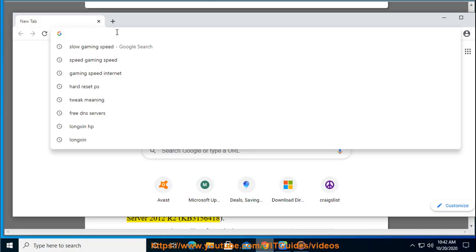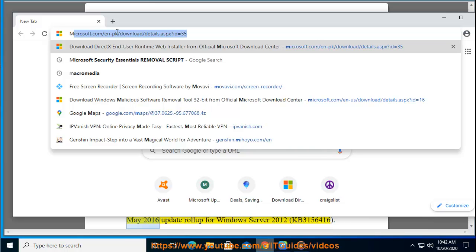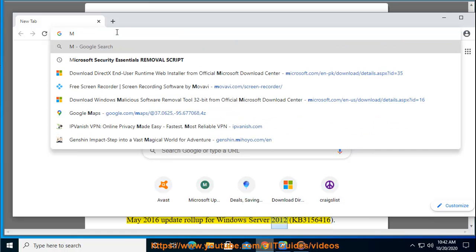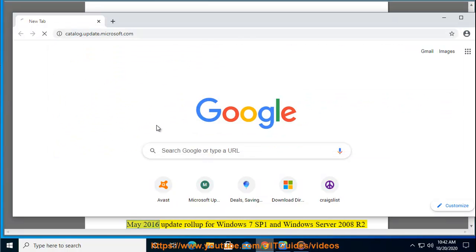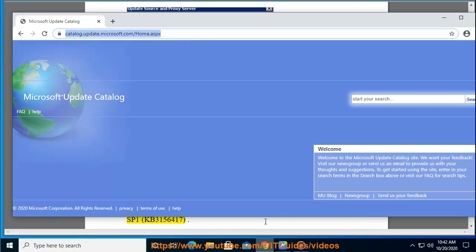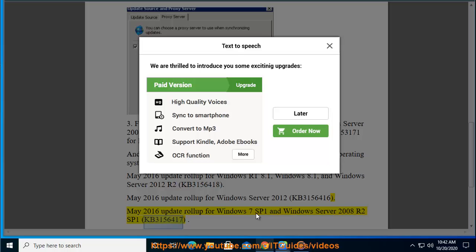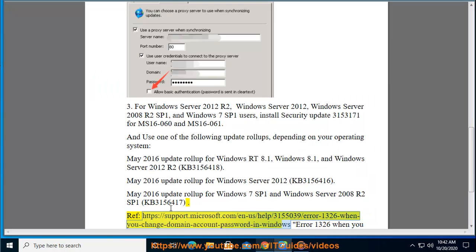8.1, Windows 8.1, and Windows Server 2012 R2, KB 3156418. May 2016 update rollup for Windows Server 2012, KB 3156416. May 2016 update rollup for Windows 7 SP1 and Windows Server 2008 R2 SP1, KB 3156417. 7. Ref,